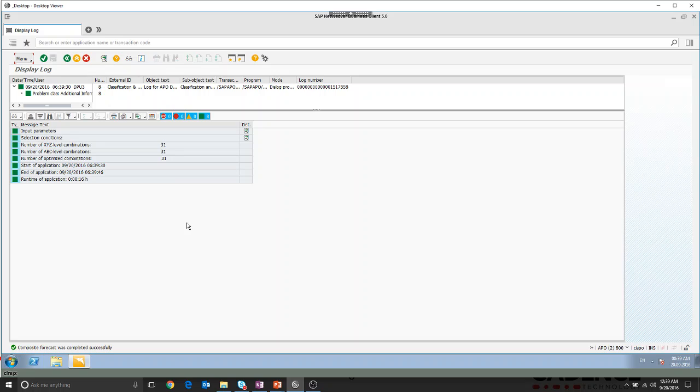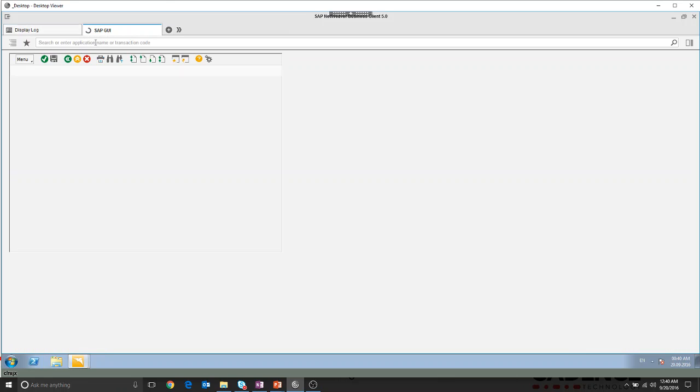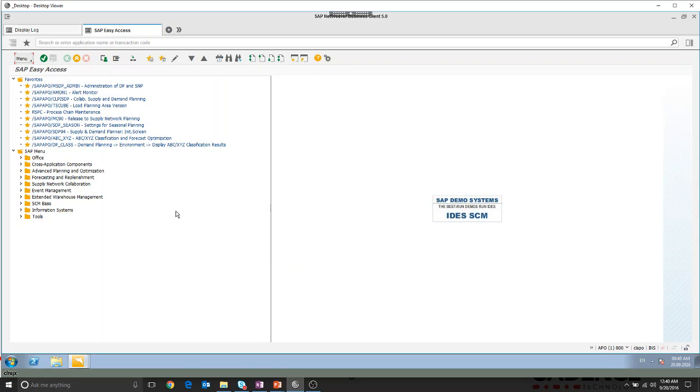Okay, here's the log. You can see all 31 were grouped based off XYZ, or the volatility. They were all grouped based off of the volume or value in the ABC groups, and then it actually optimized and recommended forecast models for all 31 as well. Okay, to view those results though, we'll now go back in another session and we'll launch this second transaction, which